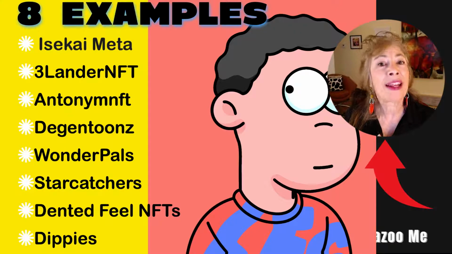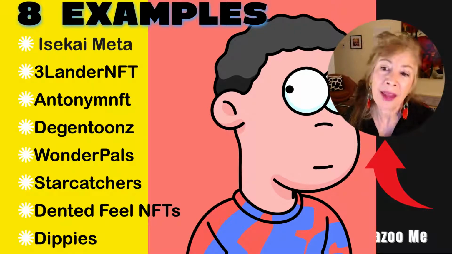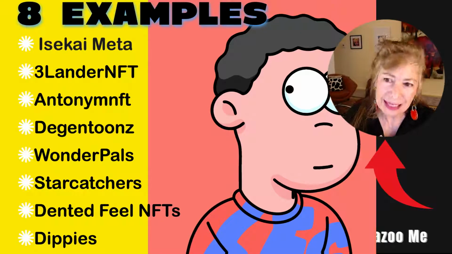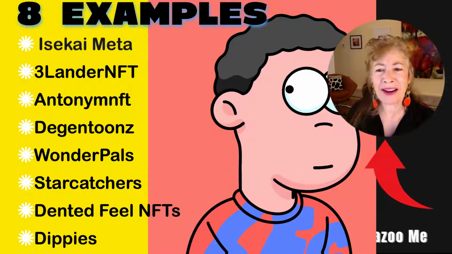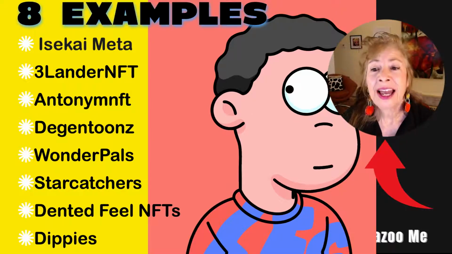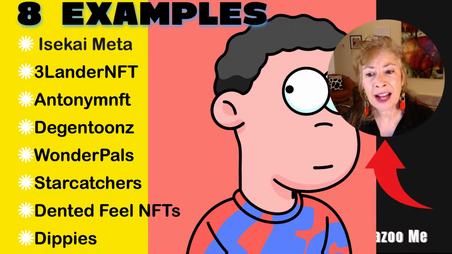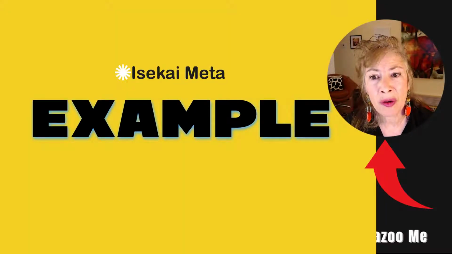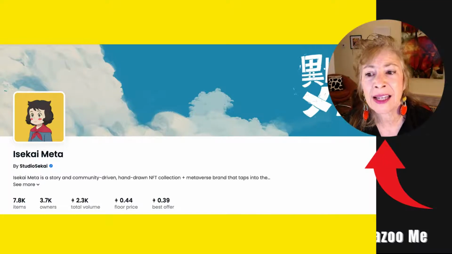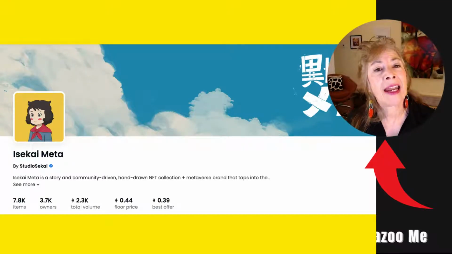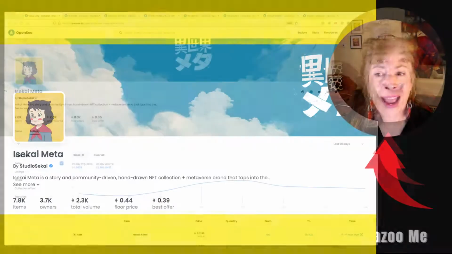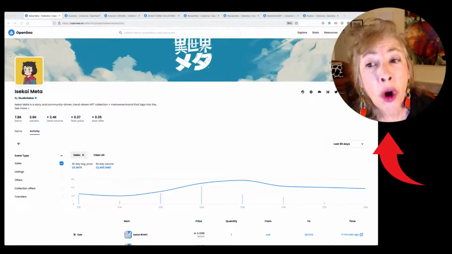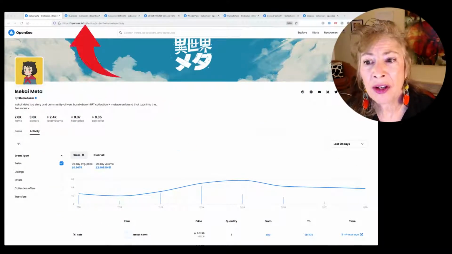Isike Meta, 3Lander NFT, Antony Mint, I don't know how you say that, Antonym NFT, Deegan Tunes, Wonderpal, Starcatchers, Dented Feel NFTs, and Dippies. And I am going to show you those right now. So the first one is Isike Meta, and I go to their actual OpenSea page,